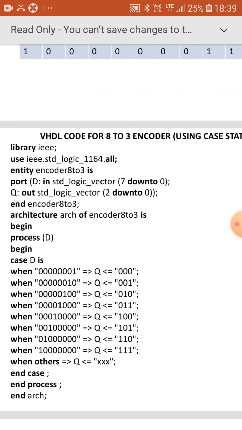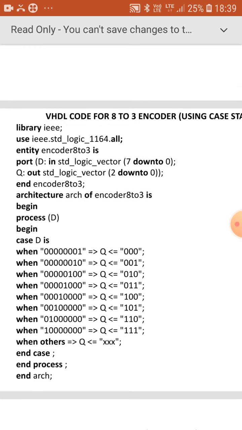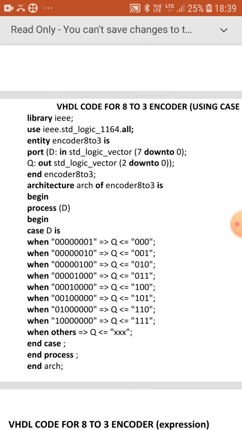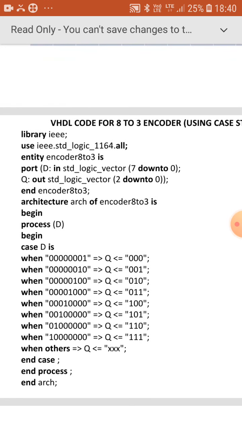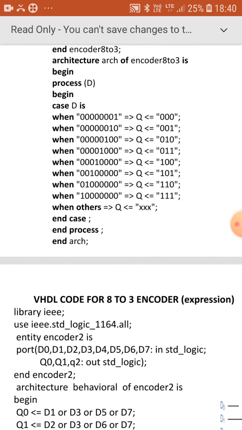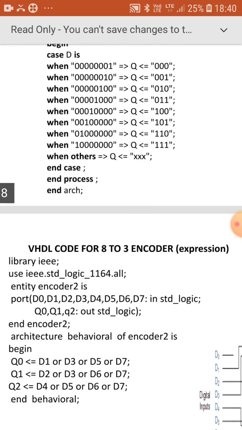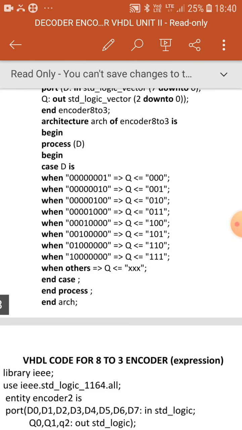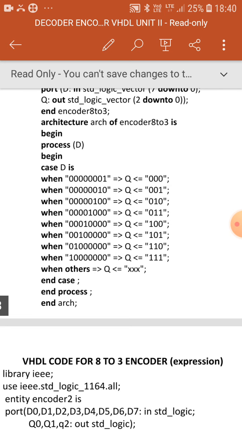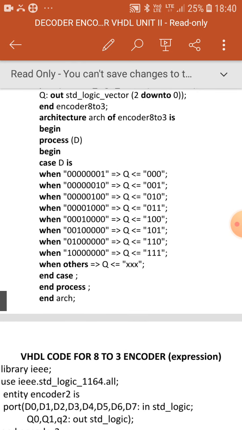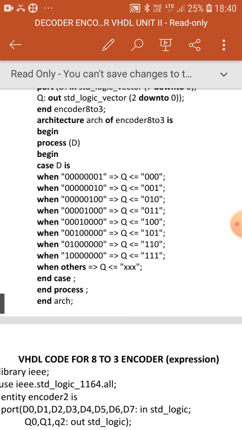So the same program, but in this I am using the case statement. When D is 00000001, then Q is equal to 000.